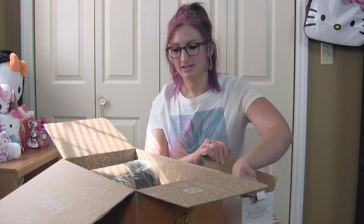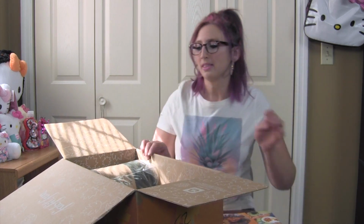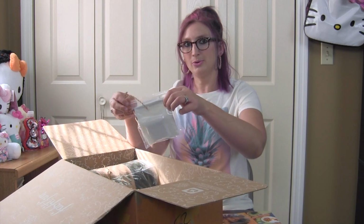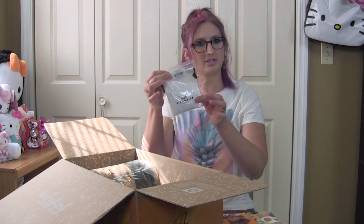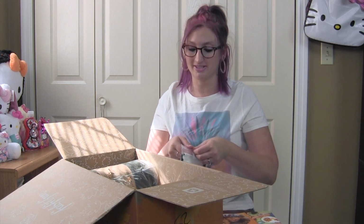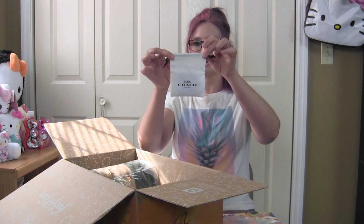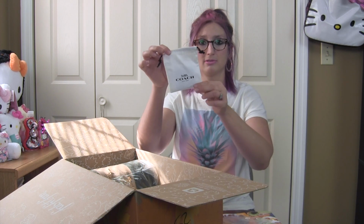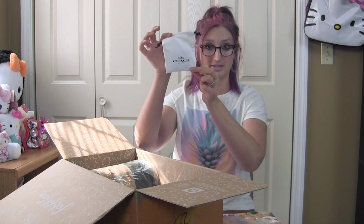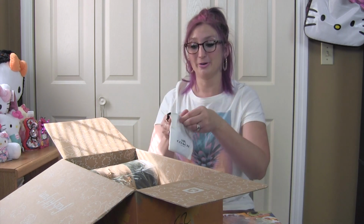Okay. Let's see what else we have in here. Ooh, of course I had to go for this. Yes, this is one of the ones that I customized. So it comes in this cute little pouch. I forget what it was. I think it's like a necklace or a bracelet of some sort. I'm excited. It's by Coach. So you know that